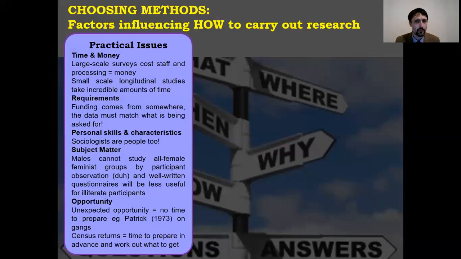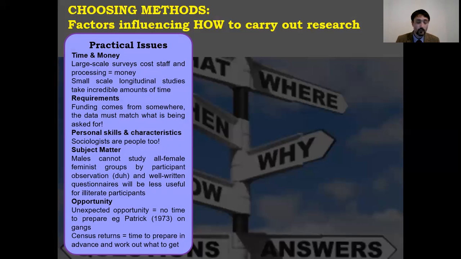So sometimes your methods have to be adapted to what you're trying to find out about and the groups you're trying to investigate. You want to learn about people affected by COVID deaths. It's probably not a good idea to go in a high energy YouTube style. Hey, ain't going to work very well with people who are mourning. Do you see what I mean?